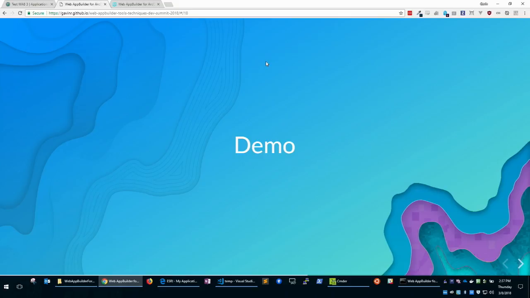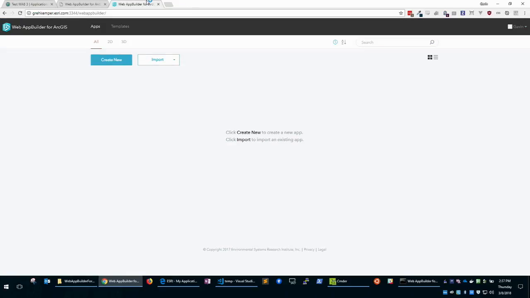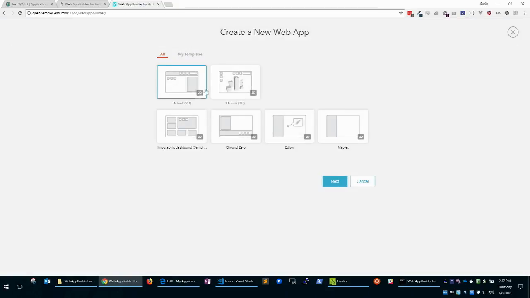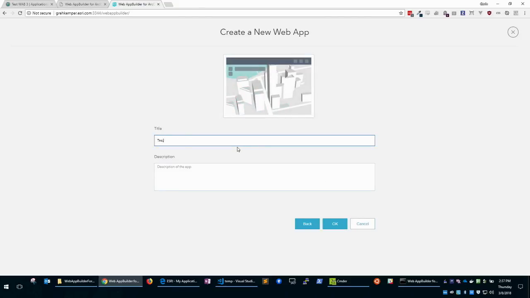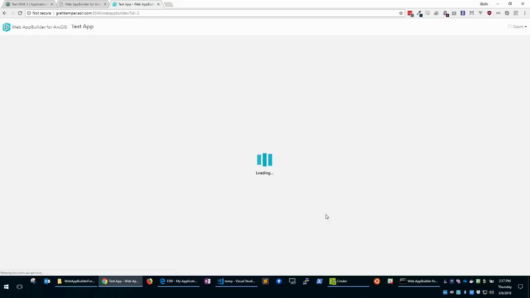So the first thing to do before developing is to have a demo app that you're going to use. So I already went to developers.arcgis.com. I downloaded Web AppBuilder Developer Edition, and I started it up. So let's go ahead and create a new app. I'm going to go ahead and create a 3D app. I'll just call it test app. And when I click OK, Web AppBuilder is actually taking the files and creating an app on my local machine